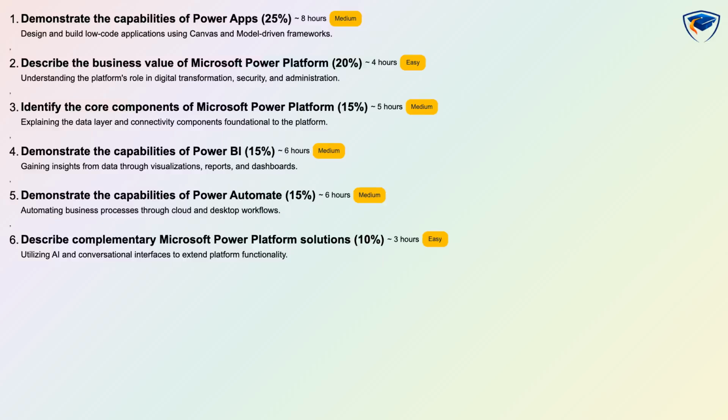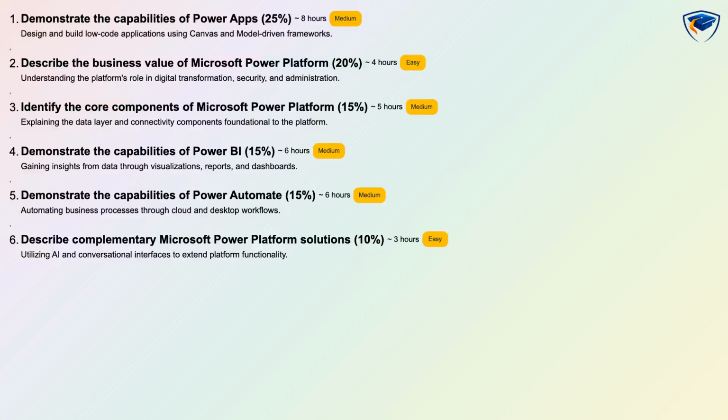This course balances hands-on and conceptual assessments and focuses on low-code app design, data, automation, analytics, security, and AI. You will get a clear map of topics, estimated study time, difficulty level, and assessment style so you can prioritize